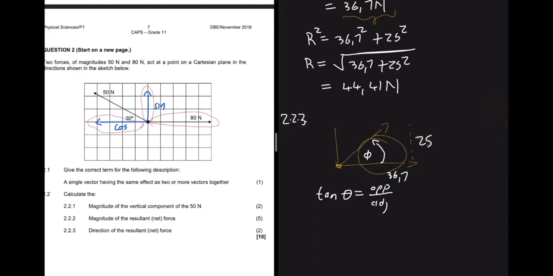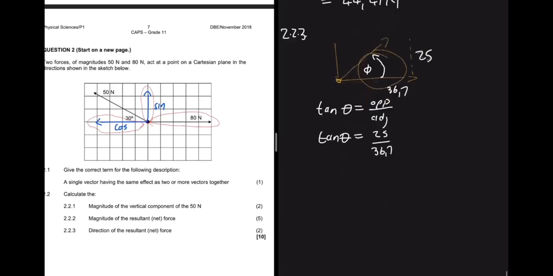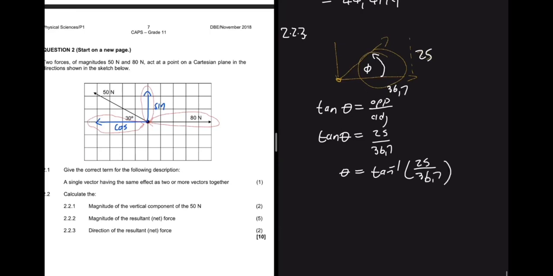So you're going to say tan theta is equal to the opposite, which is 25, divided by the adjacent, which is 36.7. So you're going to have theta equals tan inverse of 25 divided by 36.7, being equal to